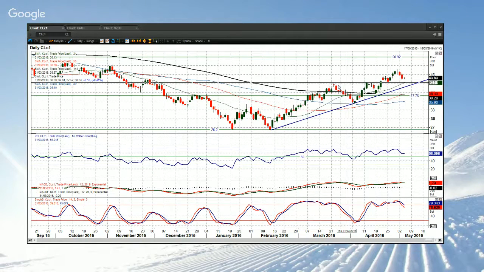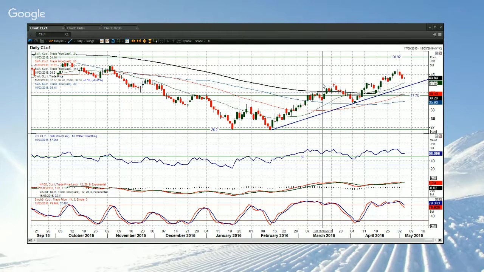You've got this uptrend going as well. That uptrend currently comes in at 41. So there is still room for a correction, but I wouldn't necessarily want to see it falling below 42.50, 42 to 42.50. I think you'd want to see that being supportive. You can already see her writing and everything.